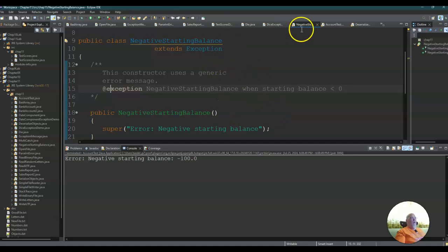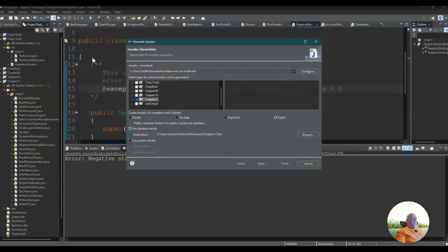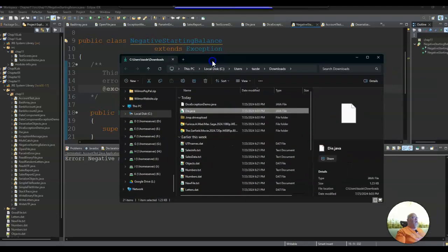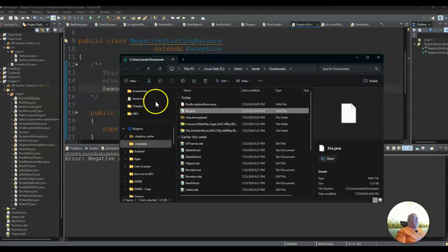So how does that work? Well, I don't know if I ever got this to run, but let me show you how it works. I'm going to click on project. I'm going to click on generate Javadoc. And in there, you have to have the path to the Javadoc, and I'd have to go find it again. But I was able to get it to run, and it will actually put it in the same workspace that your code is at. So if I come over here and I look in my workspace,